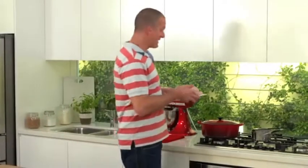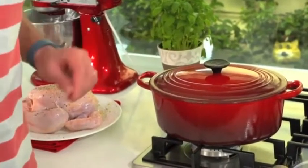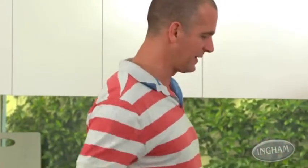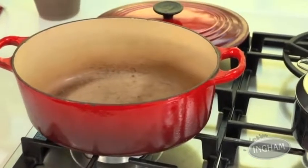The thing you really need in order to do a traditional French pot roast chicken is a traditional French pot. Now most families have got one, often at the back of the cupboard, doesn't get used for a while, probably known as an enamelled cast iron pot. Heavy, tight-fitting lid, just fantastic. I got this one from my grandmother years ago, that was hers, and it's one of those great heirlooms that